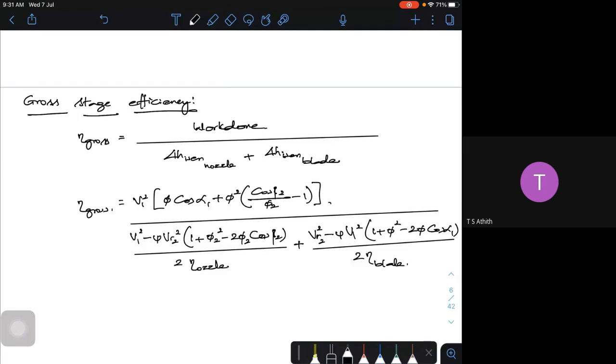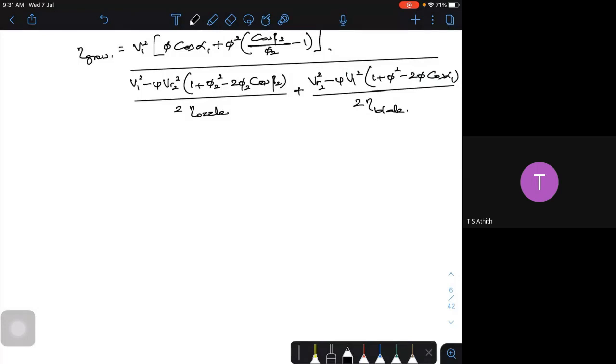Okay, so this is your expressions, maybe a general one. Now, as I told, most of the reaction turbines, steam turbines that we see in power plants, it is actually 50% degree of reaction. And to be very precise, it is of Parsons reaction type. So the Parsons reaction turbine has been extensively used.